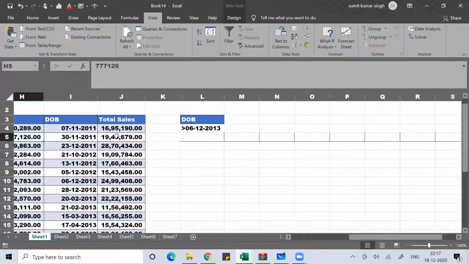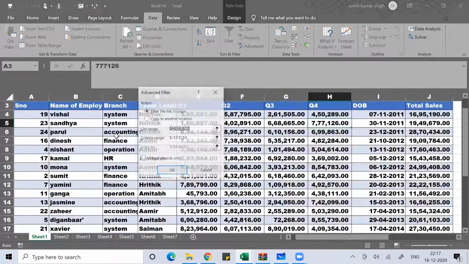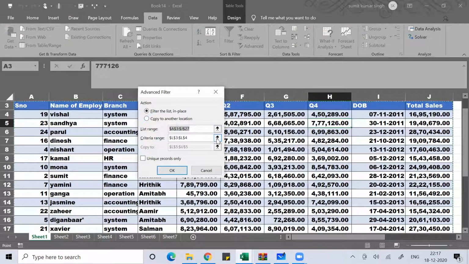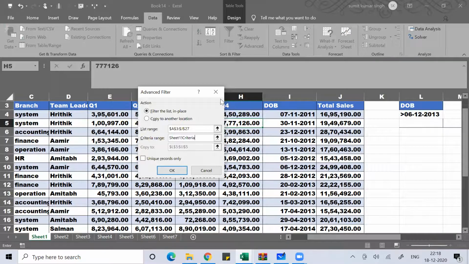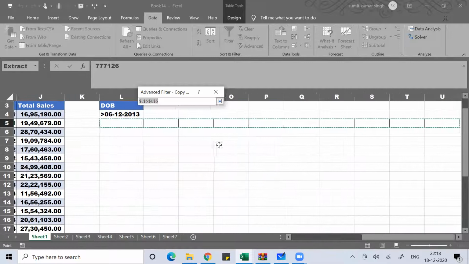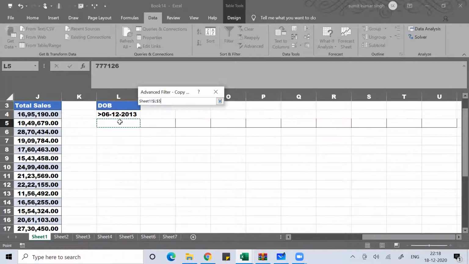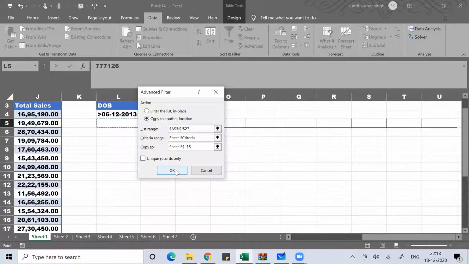So put your cursor inside, Alt A Q, list range, criteria range, select the date, copy to another location where you want. I want here, press OK.